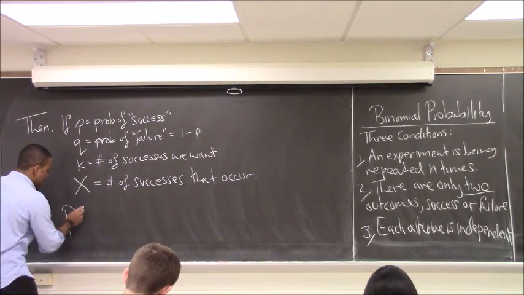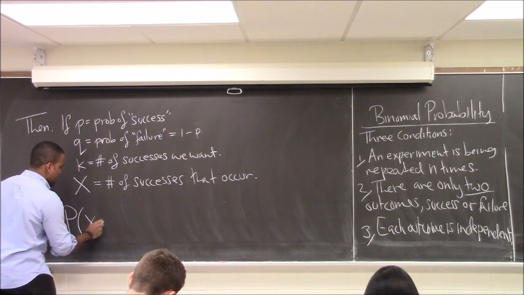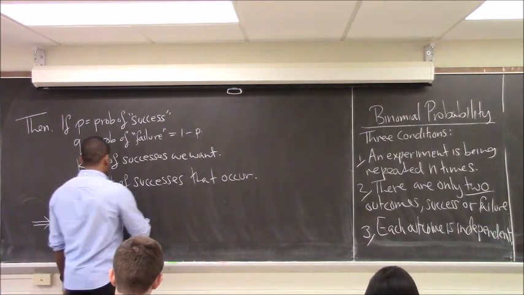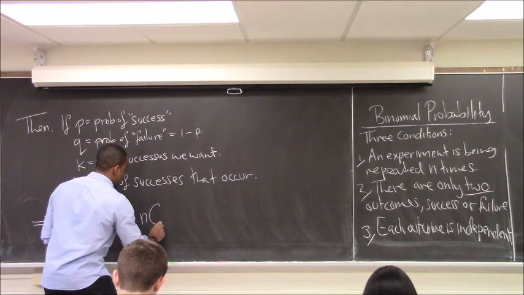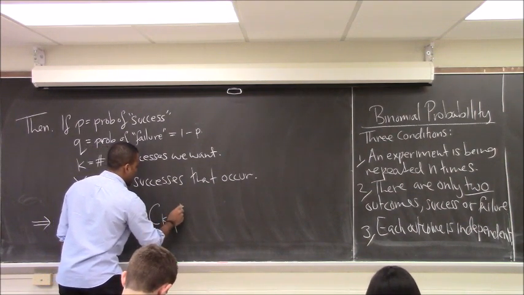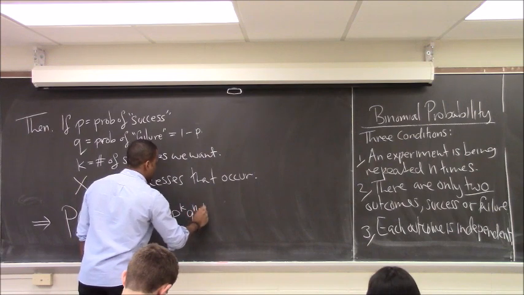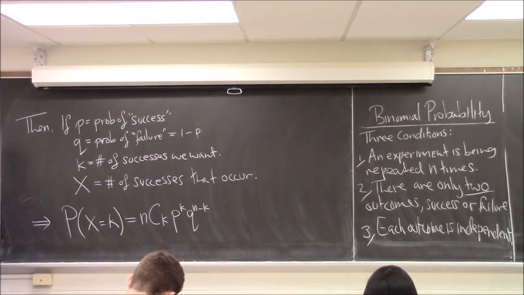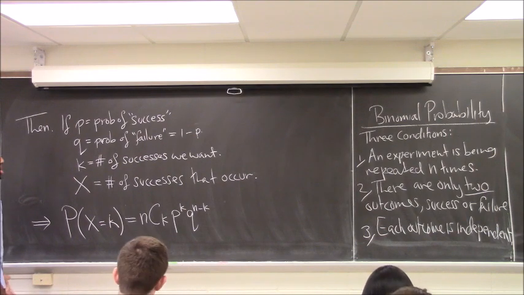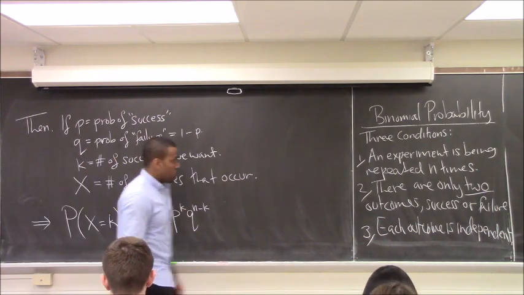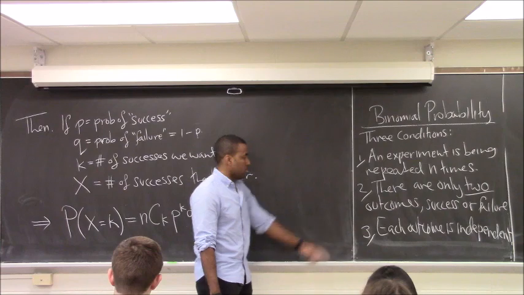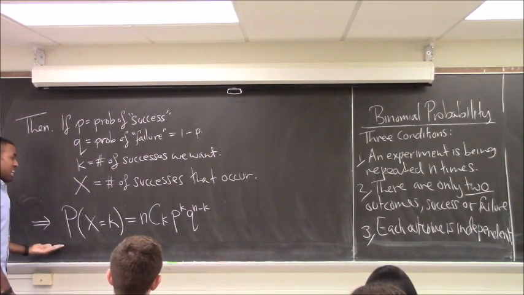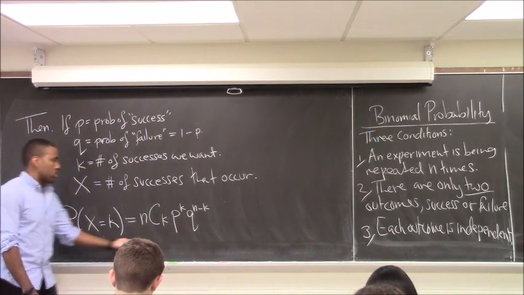The probability that X equals K, this will be nCk P to the K Q to the N minus K. And that you know how to do in your calculators. So this is called a binomial probability. A situation where you have these three things happening,